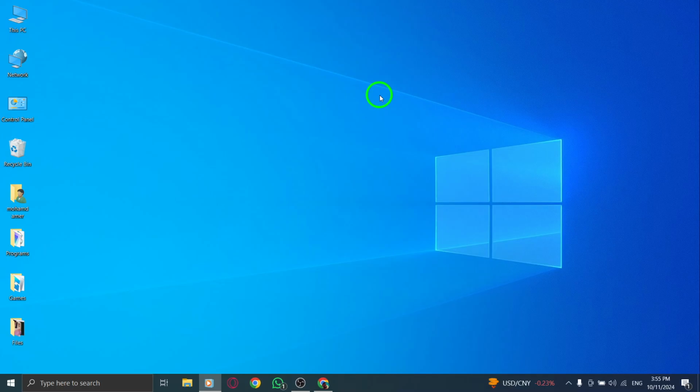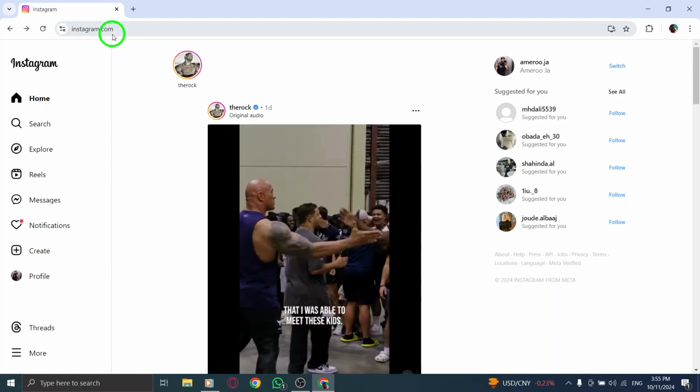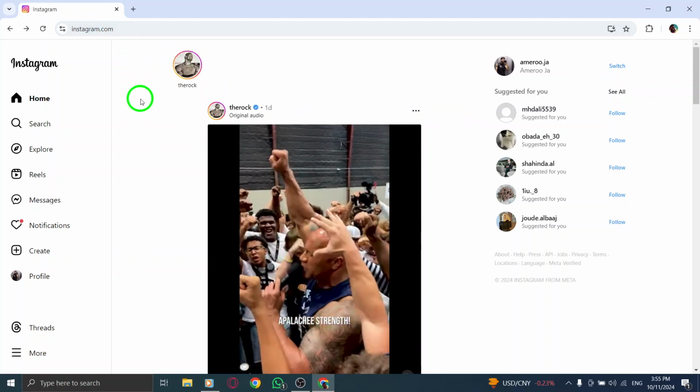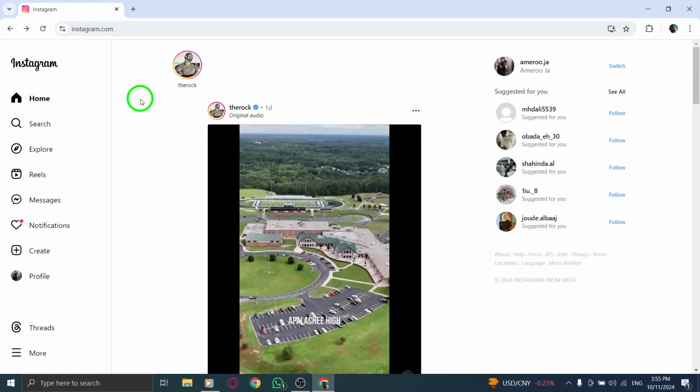So, let's get started. First, open your web browser and head over to Instagram.com. Make sure you're logged into your account. If you don't have one yet, go ahead and create an account to unlock all the features Instagram has to offer. Now that you're on the home page, it's time to find the page you want to copy the link